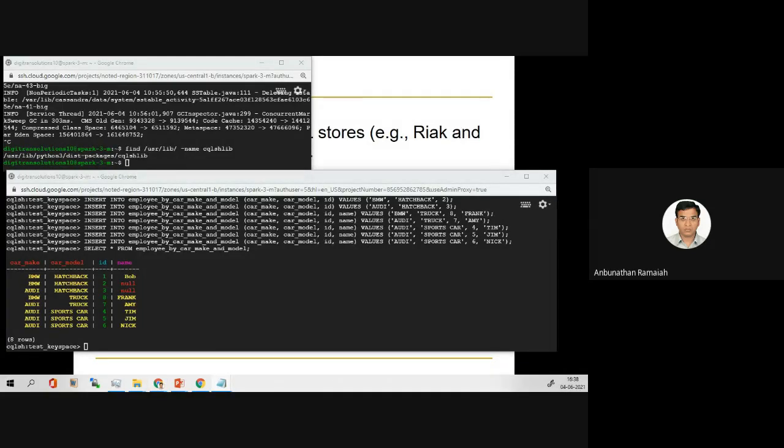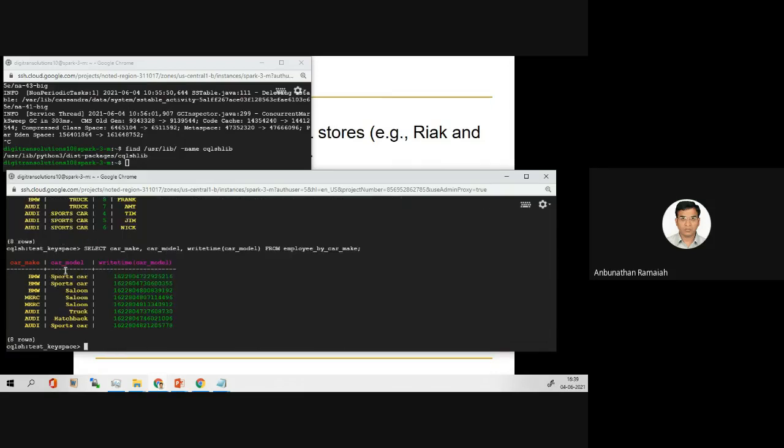So let me move to another one where we'll see timestamps. So now we'll see the timestamp examples. Here, employee by Carmack. If you see in this table, we have car model, write time. See, write time is displayed. This is the timestamp.